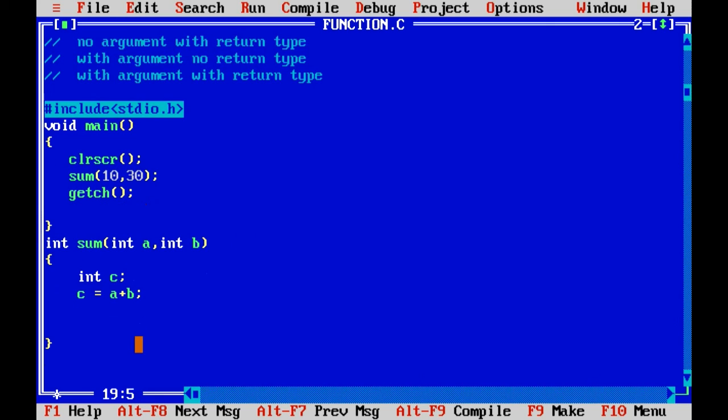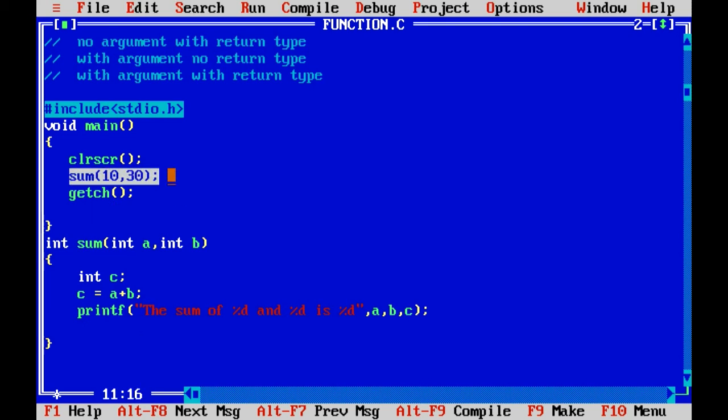And here I will just print "the sum of %d and %d is %d", with a, b, c. Let's again run this. You will understand what I have done here.